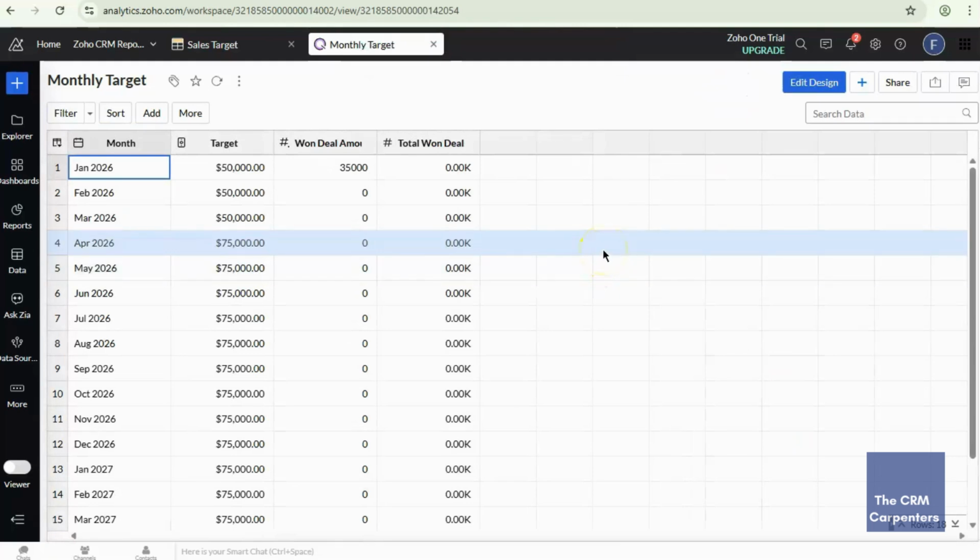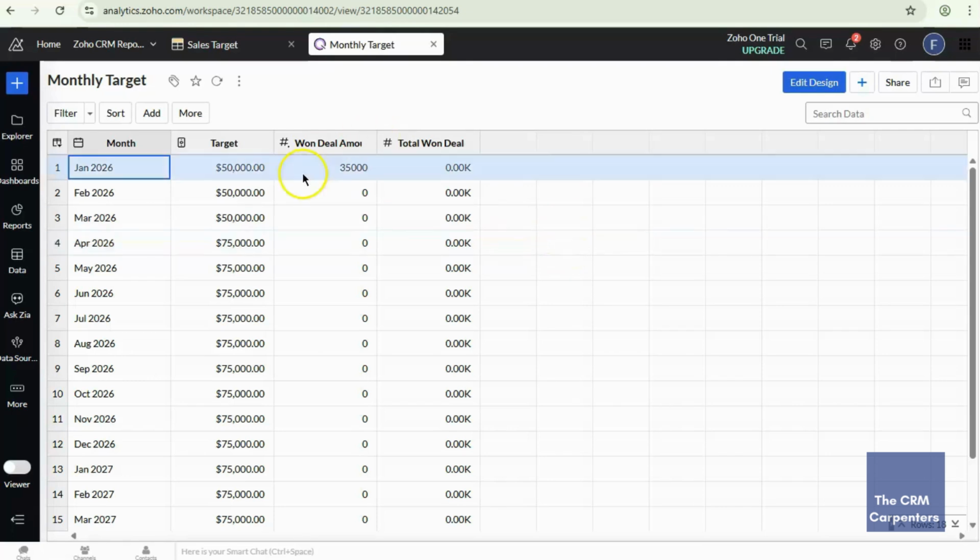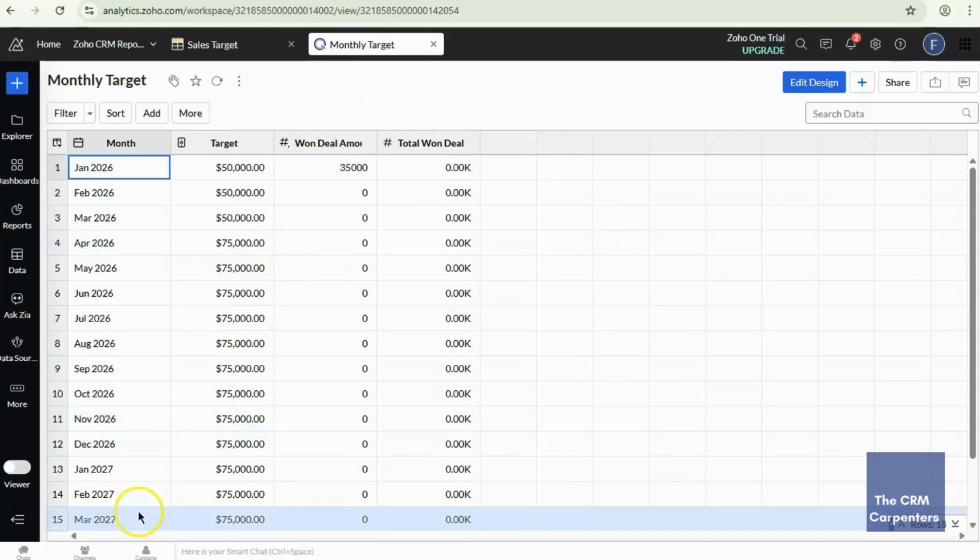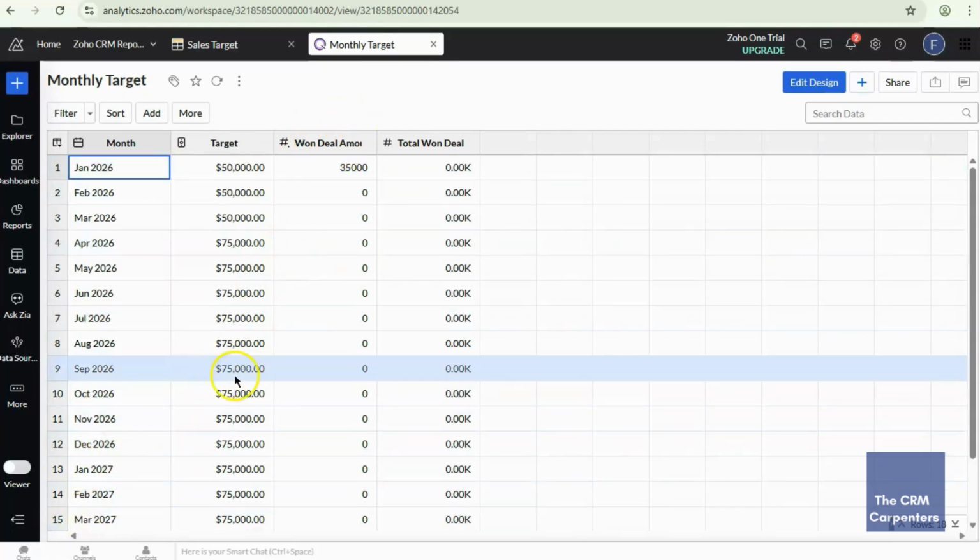And from this query, now we are going to create the chart. Yes, correct. So the chart that will show the won deals versus the target.